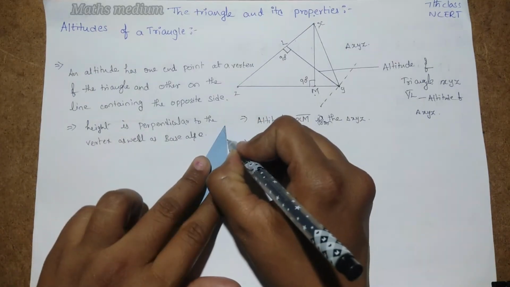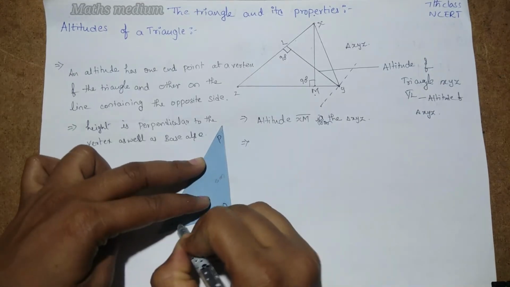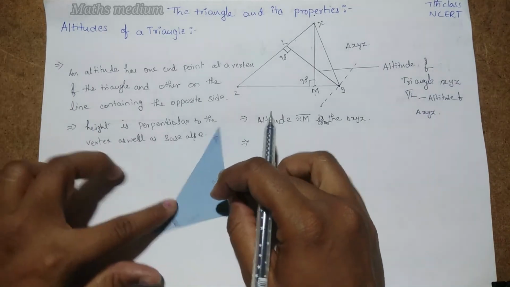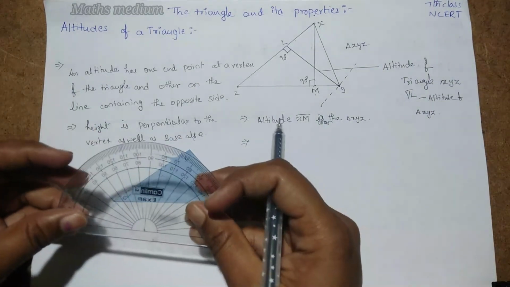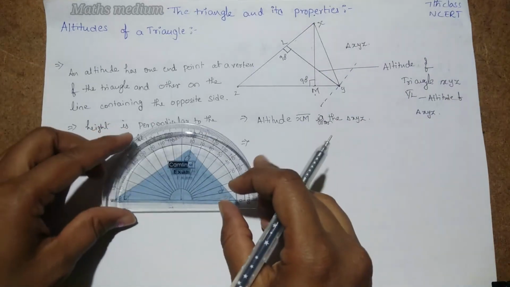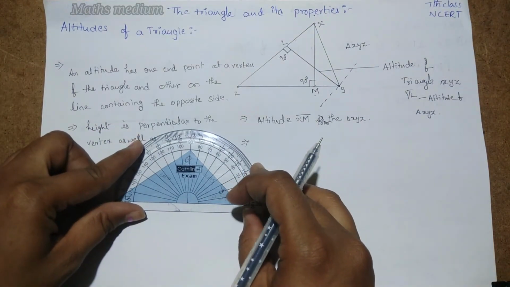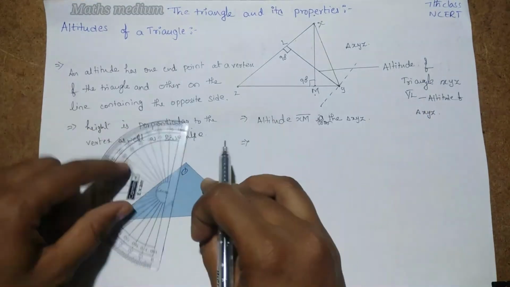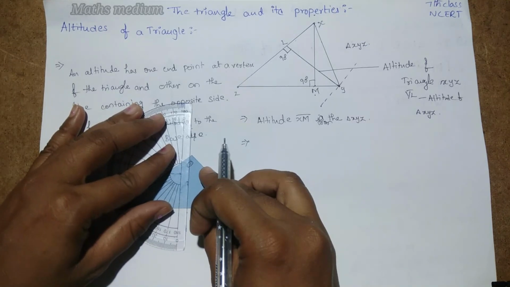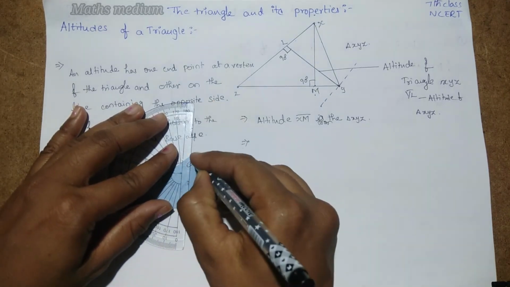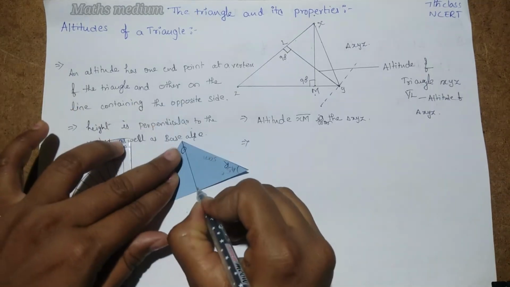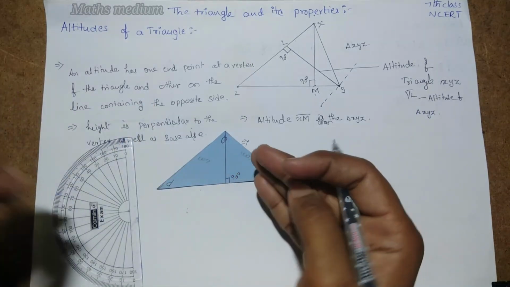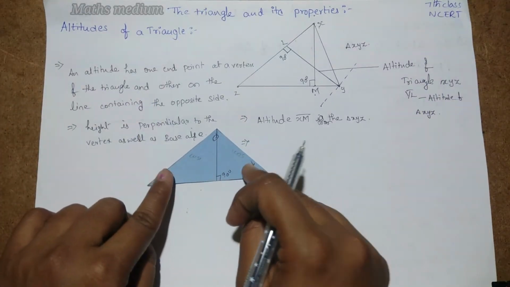Now let the triangle be named PQR. If you take Q as the vertex, then this is the opposite side. Measure with a protractor the 90 degrees between the opposite side and the vertex, see here, this is the point. Now put the protractor and the triangle as well. Connect these two points. This is the 90 degrees. This is also an altitude. Let it be QL or QM, any other name, that is your choice.